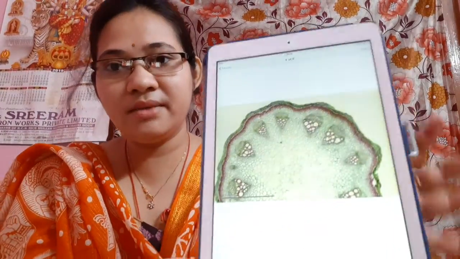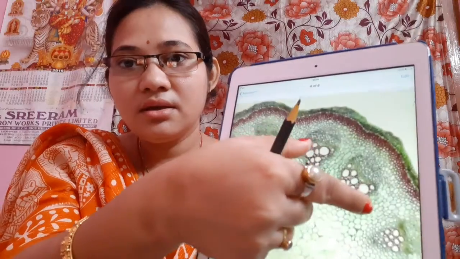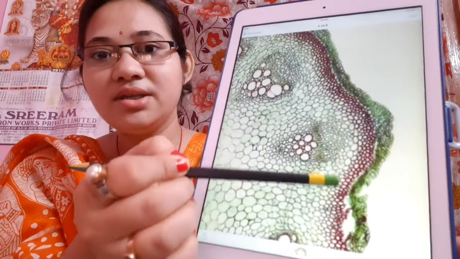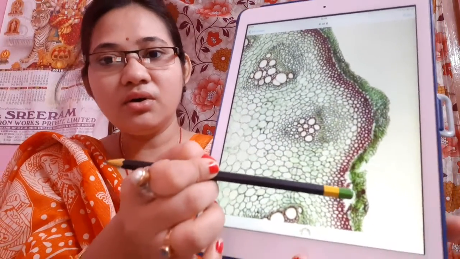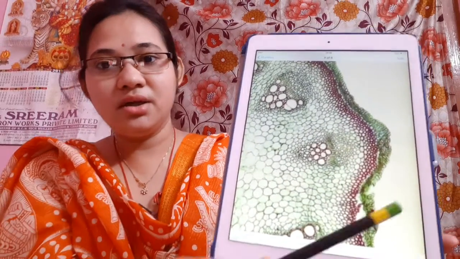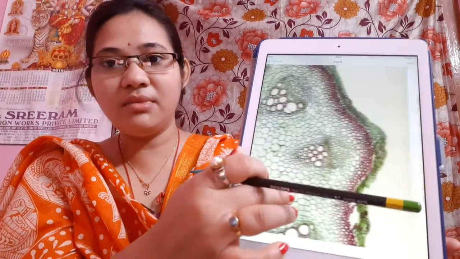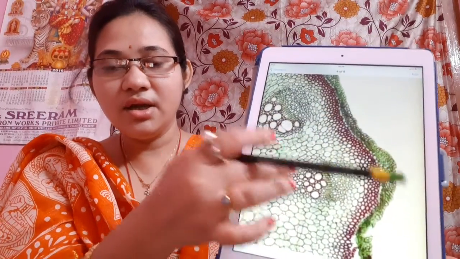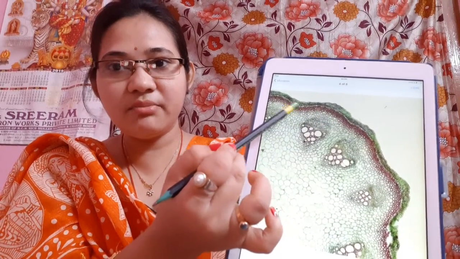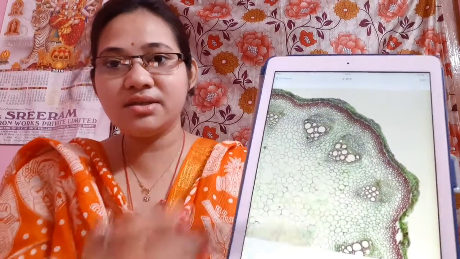Let me show you how these barks are present in woody plants especially. Suppose this is the cross section of a stem. Here you can see this green layer, these are called the barks. See, some places they are also dislodged. So they undergo every type of mechanical injury and protect the internal organs of the plant. So this is the bark, this green portion. Okay, multi-layered, this green portion is the bark. Just below the bark there are living cells of the epidermis. Okay, epidermal cells, and then the mesophyll cells, the parenchymatous cells.